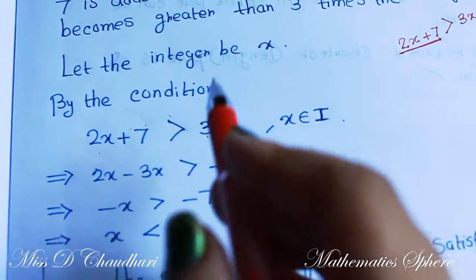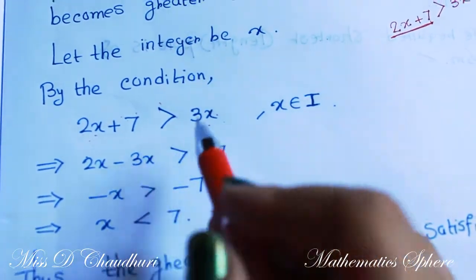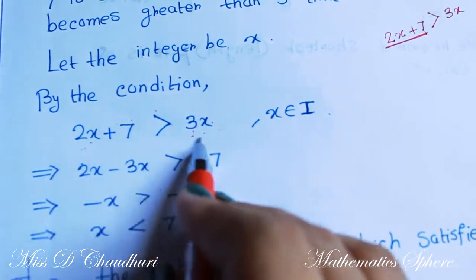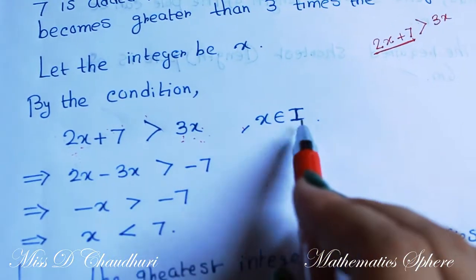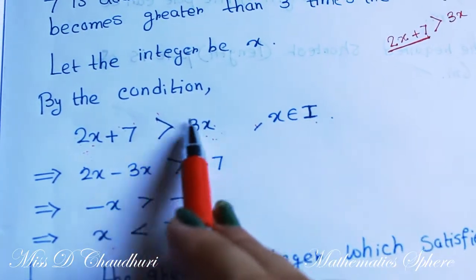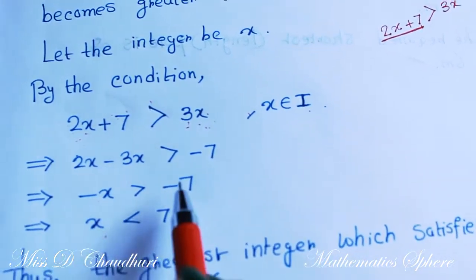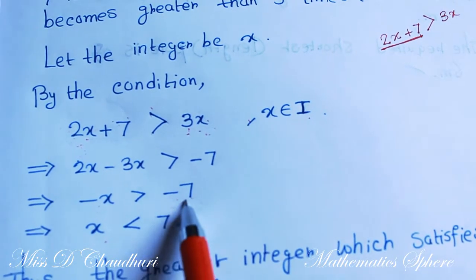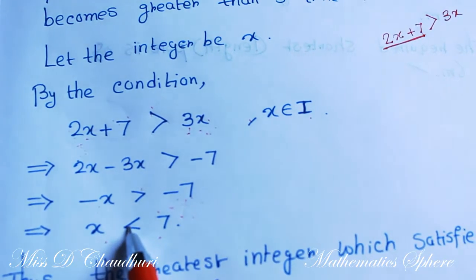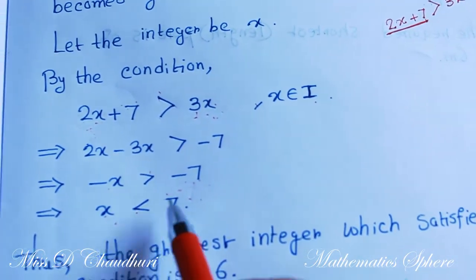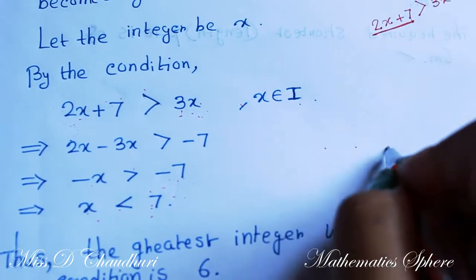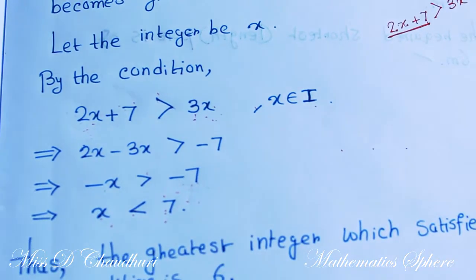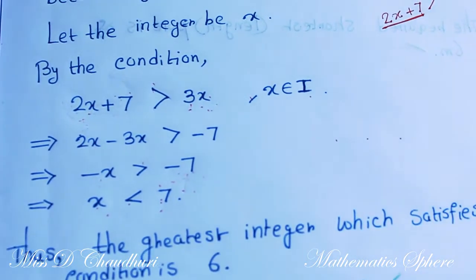Whatever will be given, you will form the equation in that way. Previously in the sums the inequation was given to us and we were solving. Now we are given the condition, we will form the inequality ourselves and solve it. And x belongs to I. So solve this, it is a simple inequation. You just shift it this side. So minus x greater than minus 7, when you divide by minus 1, this will become minus 7 by minus 1, only 7, and the inequality will reverse. So x less than 7. Now you see, x less than 7 and x belongs to I, that means x can be 6, it cannot be 7, because equality is not given, it is strictly less than.